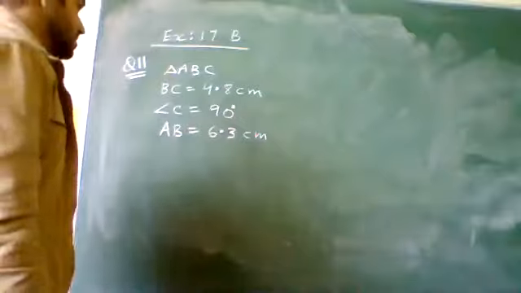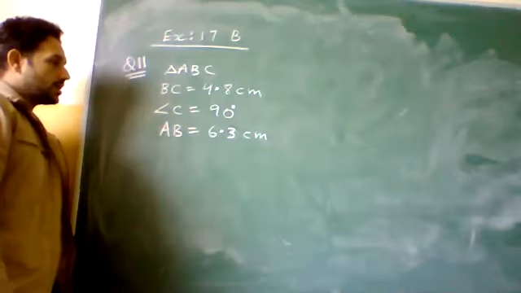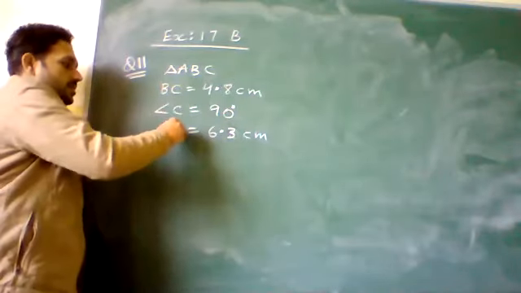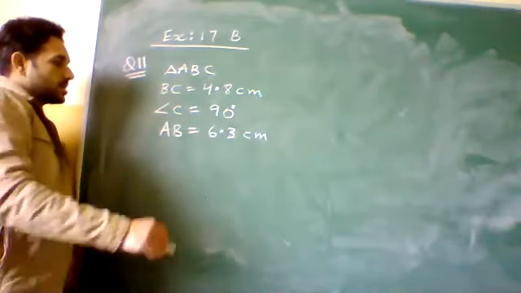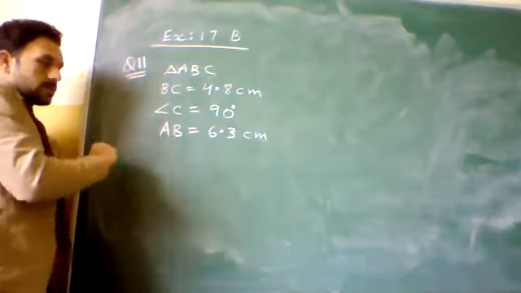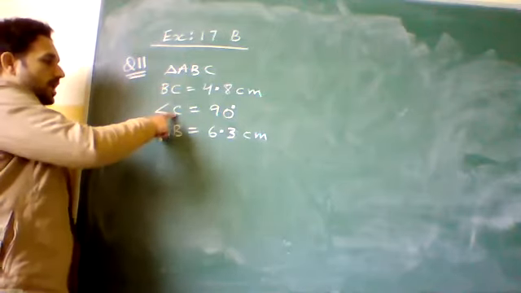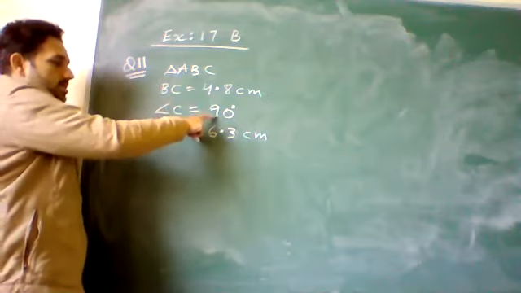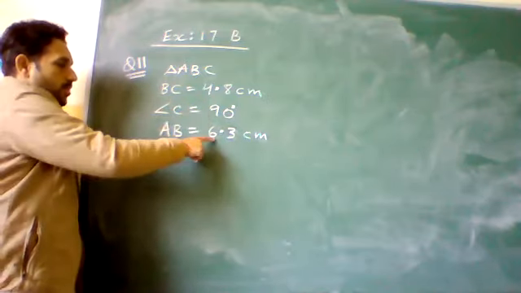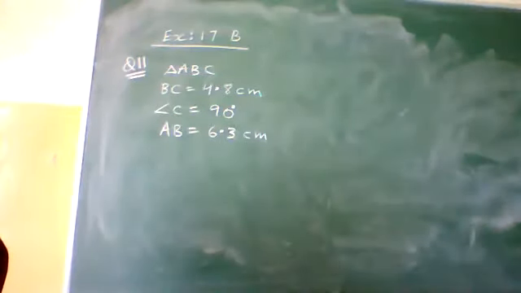Now, if you notice this triangle, angle C is 90 degrees, and two other sides are given. If angle C is 90, can you tell me whether AB is the hypotenuse or not? Yes, sir, AB will be the hypotenuse. So one angle is given, 90 degrees, a right angle, this is the hypotenuse, and this is another side. So what is the type of this question? This is RHS, right angle hypotenuse side. So it is the fourth type, case 4.